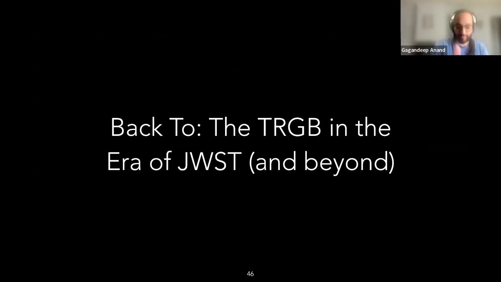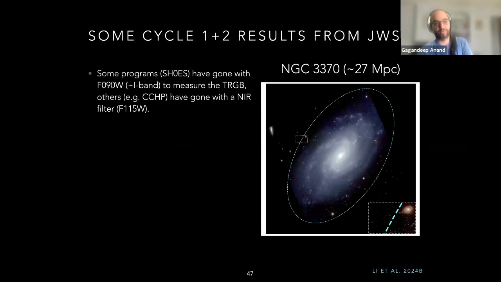And so, okay, near-infrared TRGB aside is done. Let's go back to what's going on with JWST. And so, as I've mentioned, different groups have picked different observing strategies. Putting that aside for now, here's an image of one of these supernova hosts. So this is one of the further ones, NGC 3370,